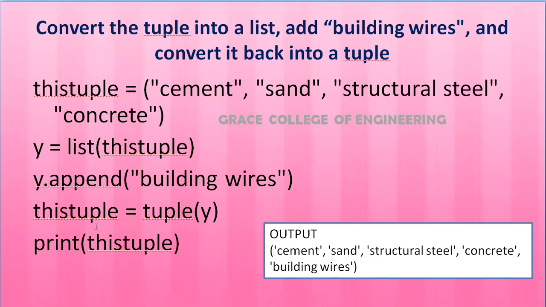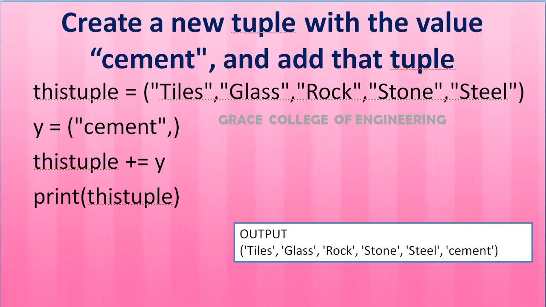Okay, so it will be converted to a list and then converted to a tuple, tuple of y. It is stored in this tuple, then print this tuple. The output is cement, sand, structural steel, concrete. All the elements present in the tuple are there, and the extra building wires is appended. And next,